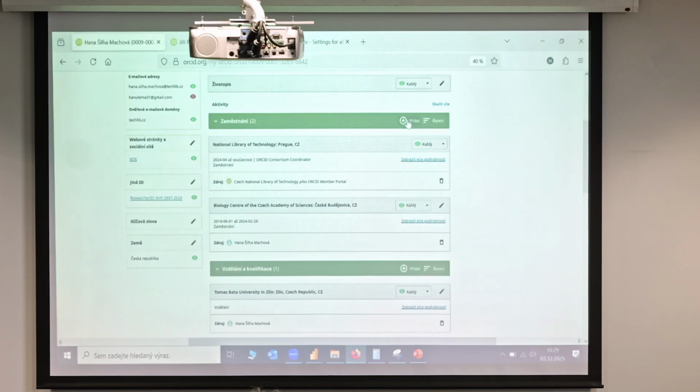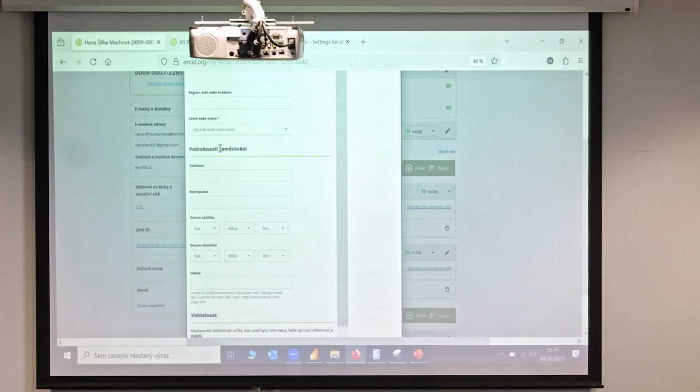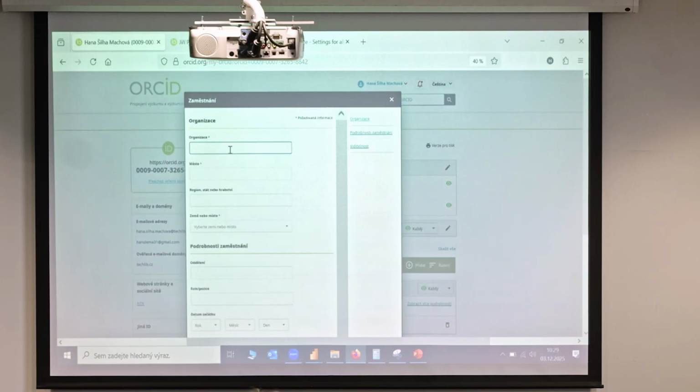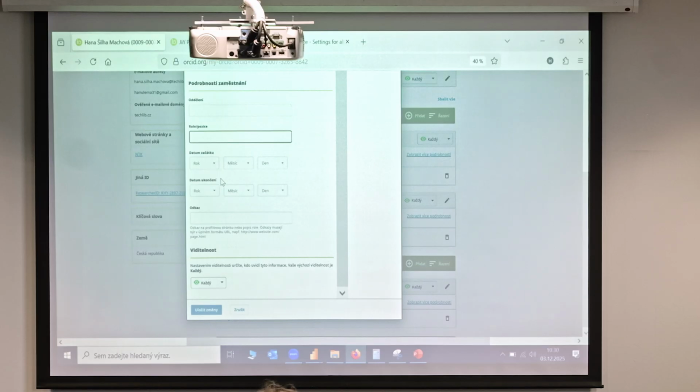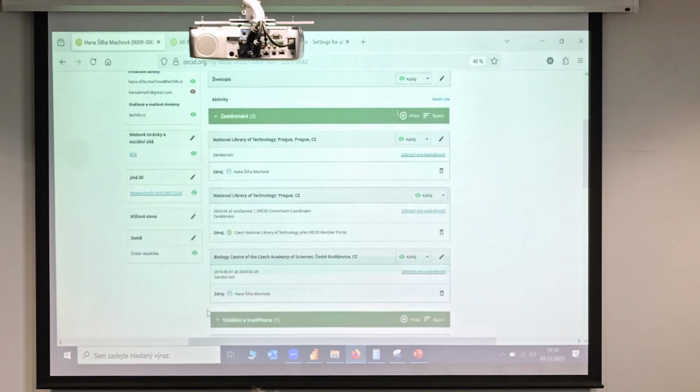It's very simple. You will find your organization here in this list. So I will start, for example, to write, and once I find my organization, the metadata will be added to my profile. I can even give some details such as my position and so on. And once I save it, I can see the new item here,